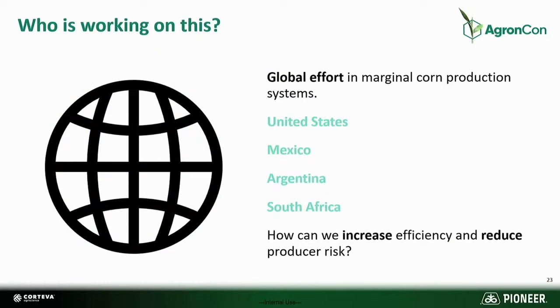So like I said, global effort in corn production systems, multiple countries around the world. The main goal of this would be to increase the efficiency of production while reducing producer risk, because that's something that's a really big concern for farmers in areas that are more affected by these climate events, or maybe with less predictable climates,